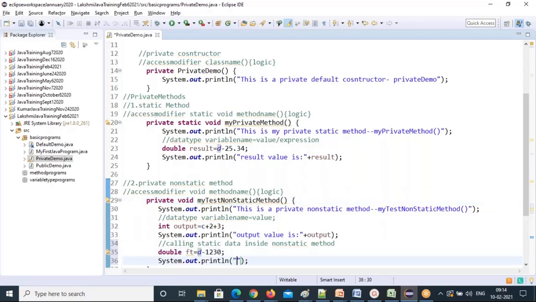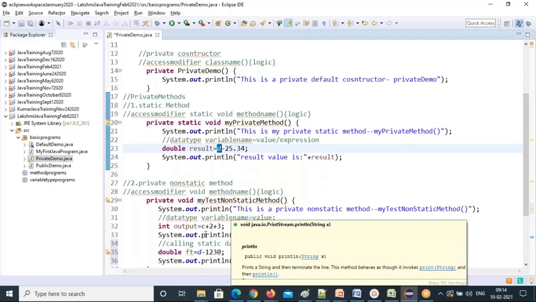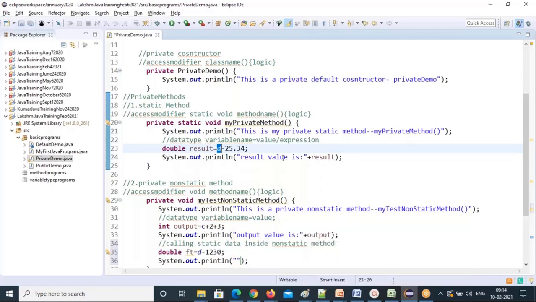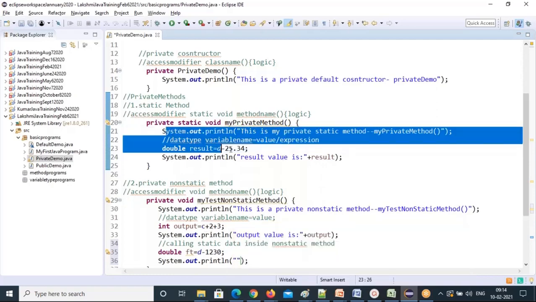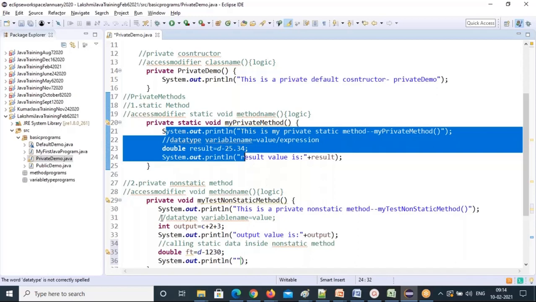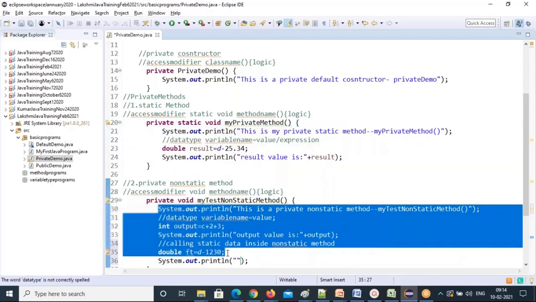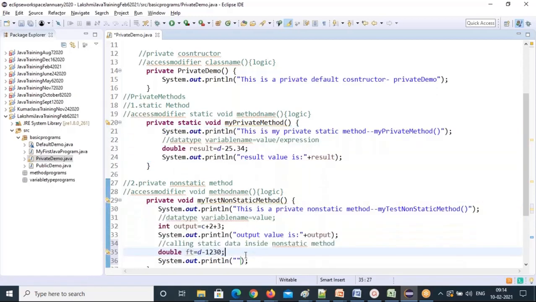So static data you can call in the static methods as well as non-static methods. That's what I want to cover here. It won't complain anything, because static is common to all.